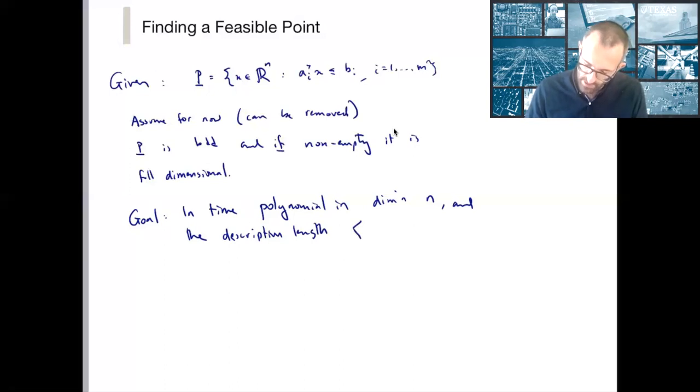The description length of a scalar or a vector or a matrix, I'll use these angle brackets to denote the number of bits needed to specify it. So in particular, I'm assuming that everything in sight is a rational number. So the description length of A and b,